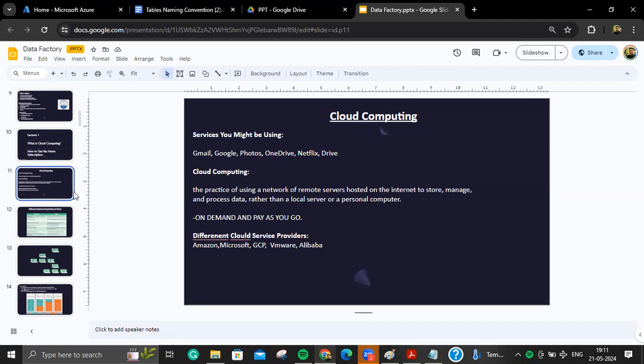Cloud is nothing but you are not accessing your computer, you're accessing another computer, right? Very simple. Suppose Microsoft provides you some space and you go and access their computer. It also has an IP address and all those things. Suppose in the past days we used to go to an internet cafe, right?